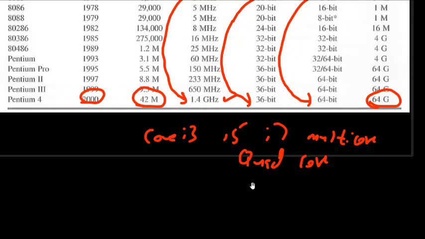So this is what we have now. In the case of Core i7 processors, it has 4 physical cores and 8 megabytes of cache memory. Apart from this, there are more features in this Core i7 processor, which is also called the 6th generation processor. So that's all for this session.